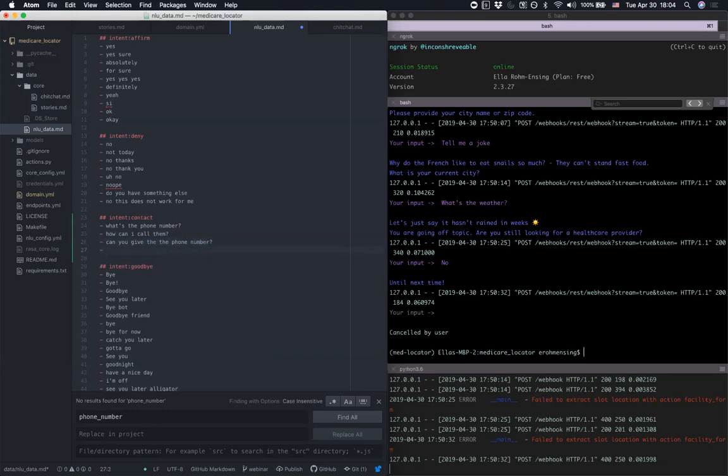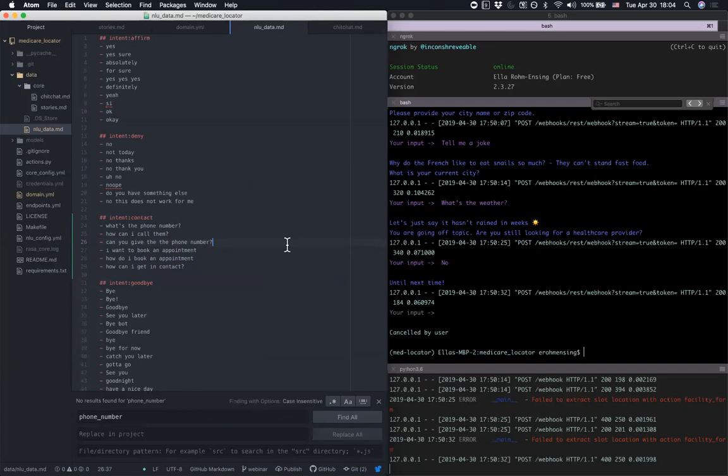But this should also work for people who are saying, I want to book an appointment, or how do I book an appointment, or how can I get in contact, etc. And you can fill these in your own, or you can use different tools like Chatito, which kind of